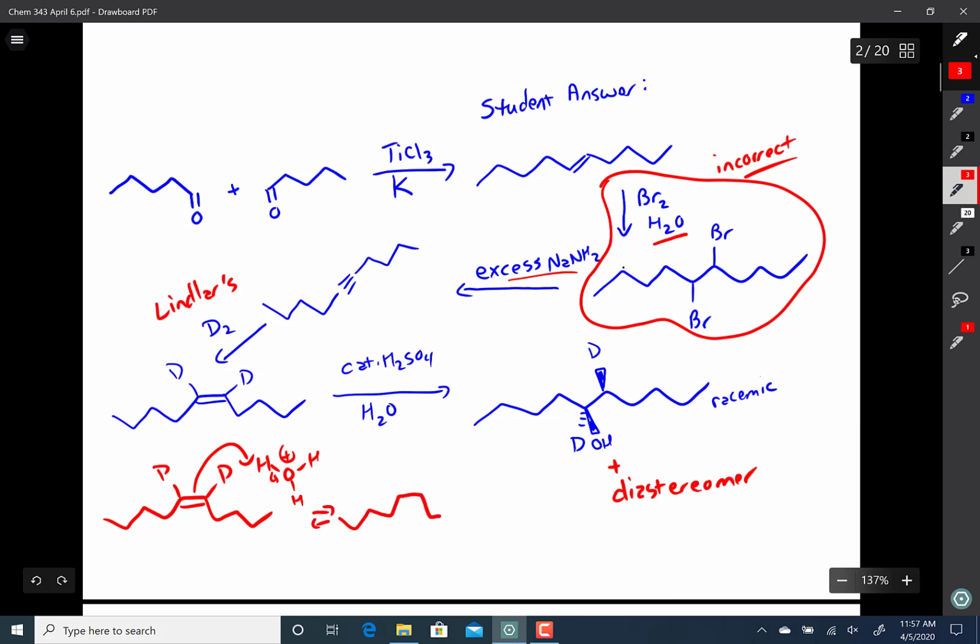In this case, they're equally stable. I'm going to say that hydrogen was added from the top, giving you this carbocation. Now the water can add from the top, and that gives you this diastereomer. Or it can add from the bottom,